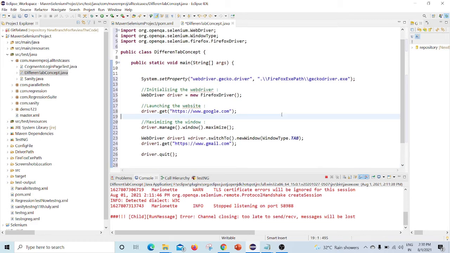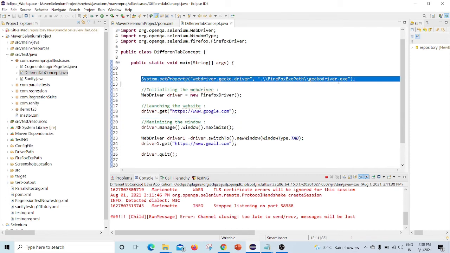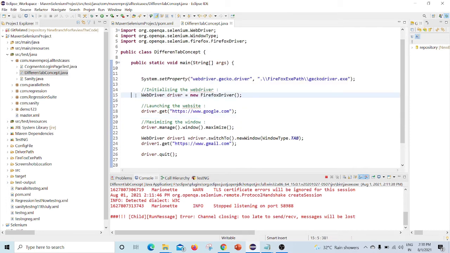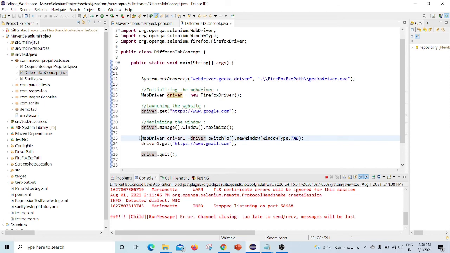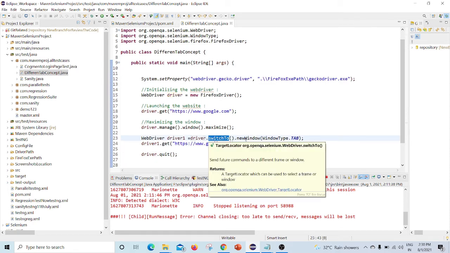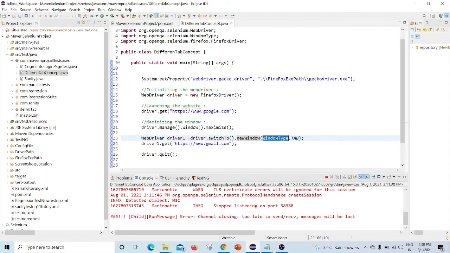So these are the steps we have to follow. First I'm setting the driver path. After that I'm initializing the WebDriver. Then I'm launching google.com, so it will launch in one tab. After that I'm maximizing the window. Now I am initializing another WebDriver reference, and with that I am using the driver.switchTo method and newWindow(WindowType.TAB).